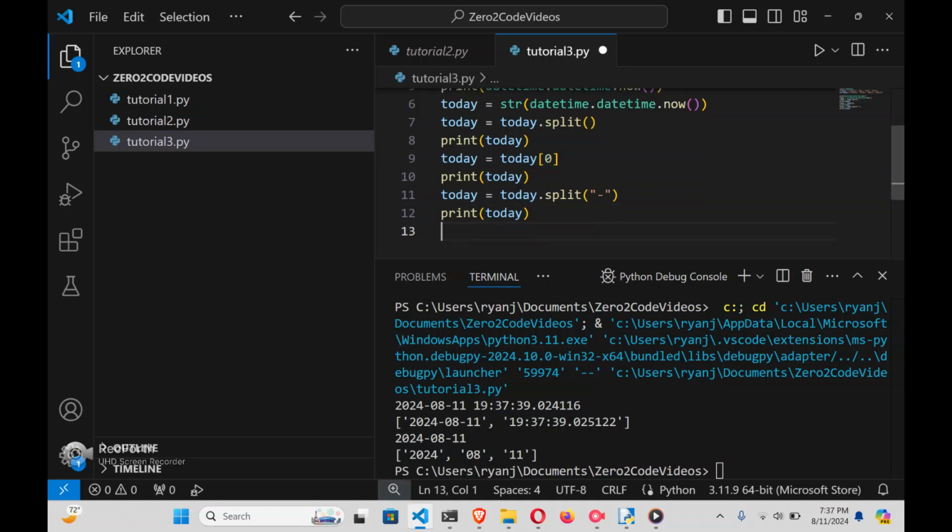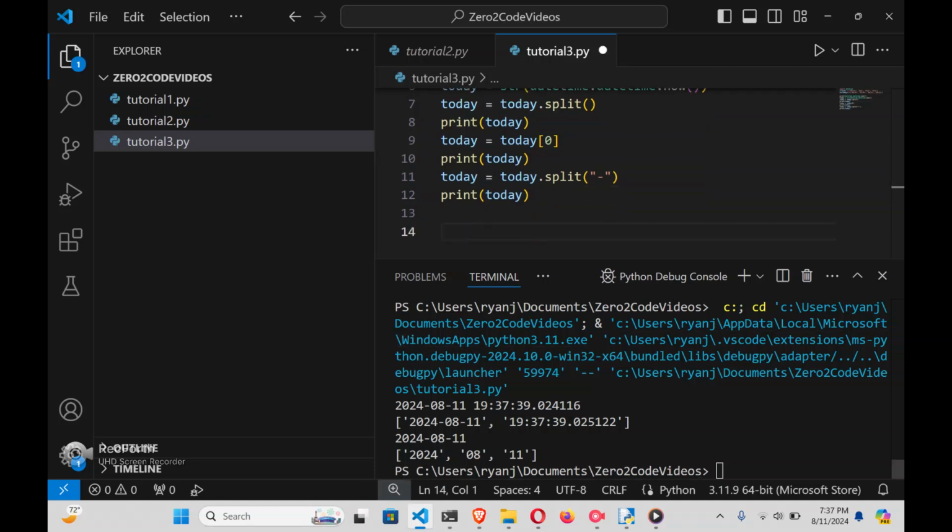All right, great. So we want to keep the second and third item of this list. Now Python counts starting at 0. So you want to say today is today of 1 plus today of 2 to grab the second and third item respectively, given that Python starts counting at 0. And we want a slash between these two. So we can add string